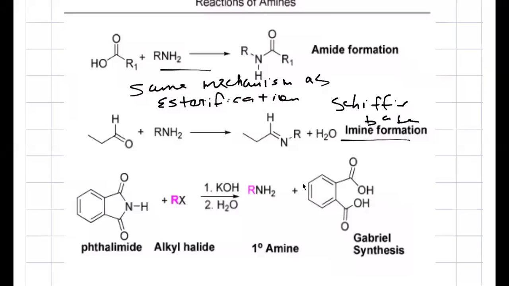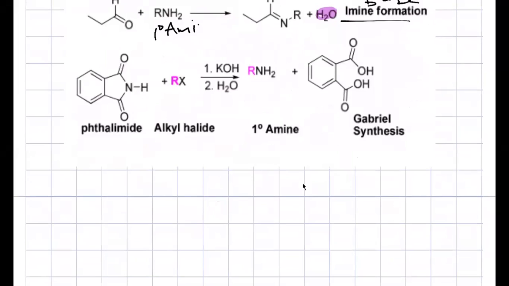For in a lot of different transformations. But one of the things to point out about the reaction is that it involves the loss of water, right? And you have to do it with a primary amine. So a primary amine reacting with an aldehyde or a ketone is going to give you an imine. So let's talk about how that happens, the mechanism for that, and then we'll talk about the Gabriel synthesis, and